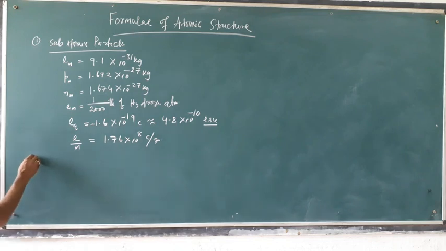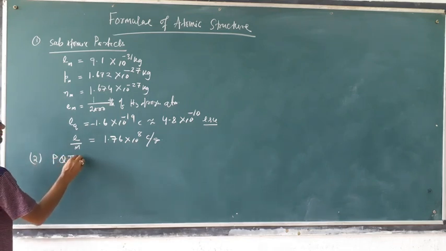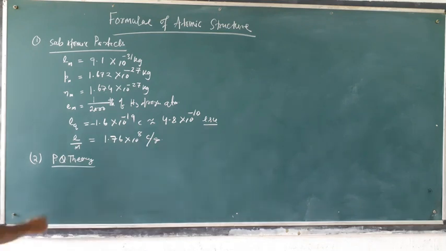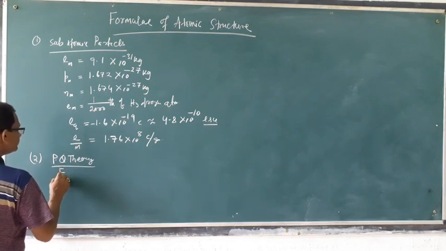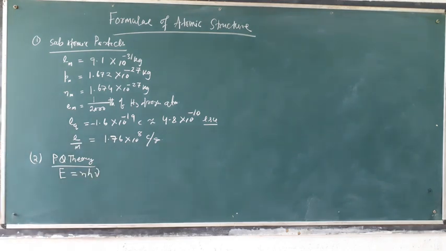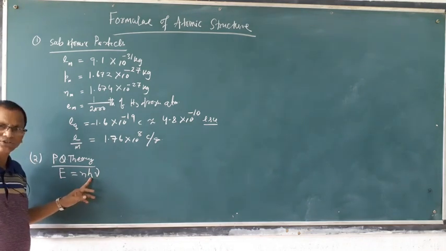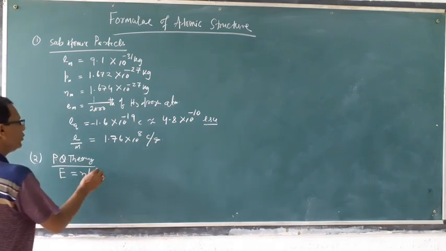Then second, the relations regarding Planck's quantum theory. Regarding Planck's quantum theory, what are the important formulas? Planck's quantum theory is very important. E is equal to nh nu. What is n? Number of photons. h is the Planck's constant, and nu is the frequency of light, which is equal to